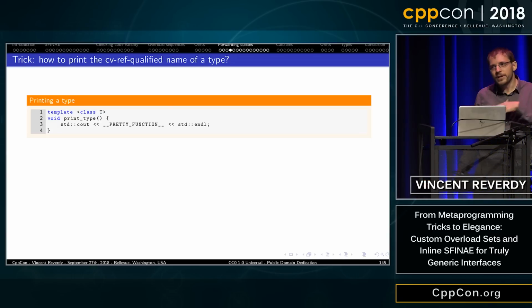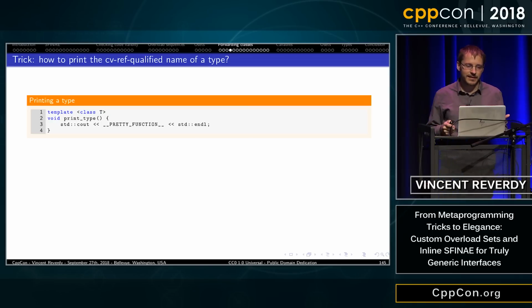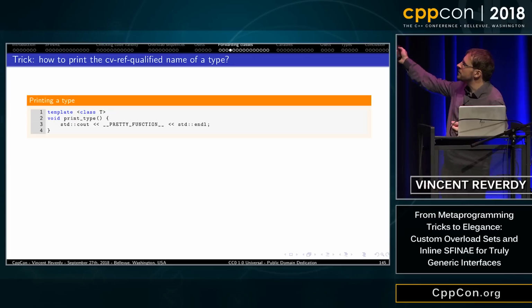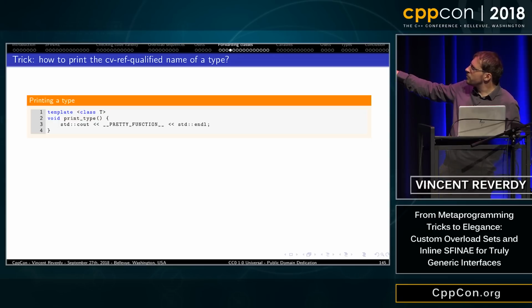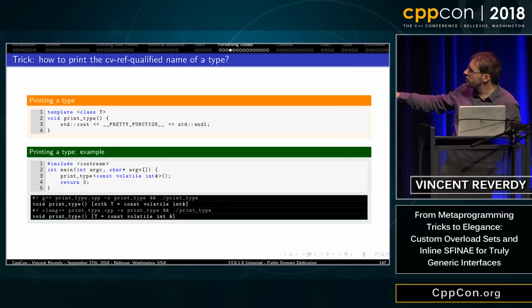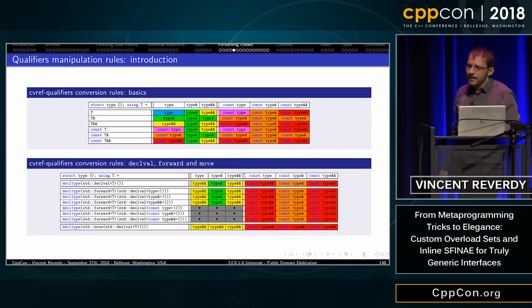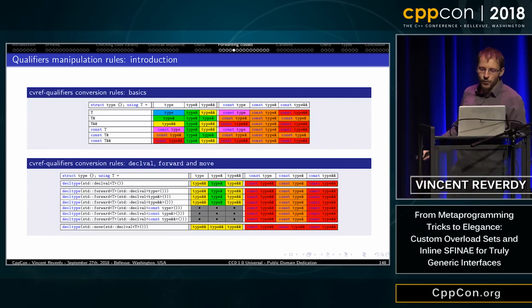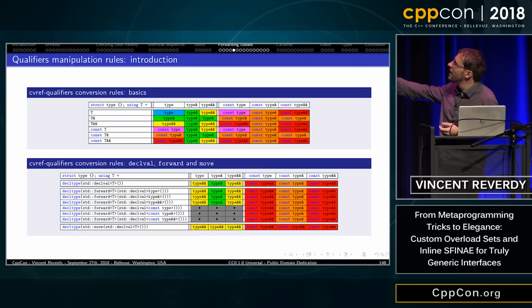So to try to answer this question, we can try all the options and see what comes from it. To be able to do that, there is a trick that works on GCC and Intel and Clang, and on Microsoft there is another version. You can define a print type that will just call this macro, and it will print the type of your parameter T. Great. And then you can start experimenting with all the types and all the conversions that can happen.